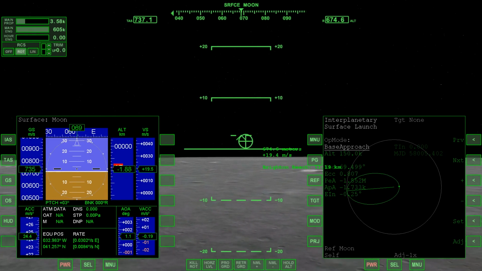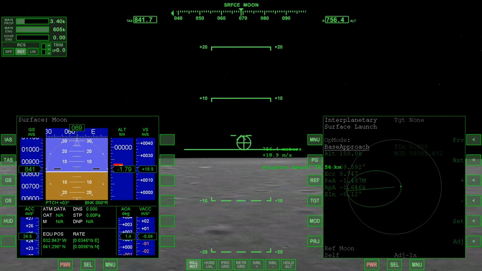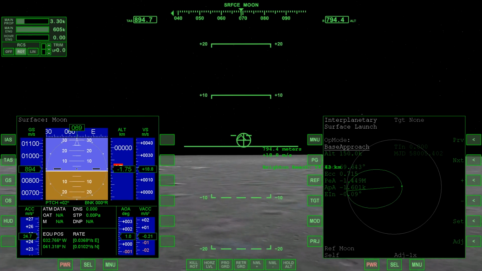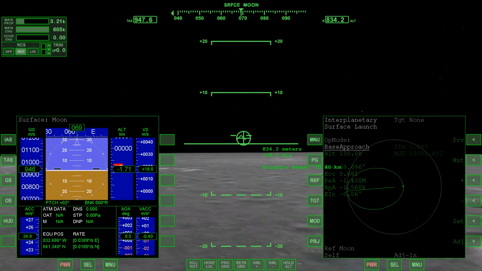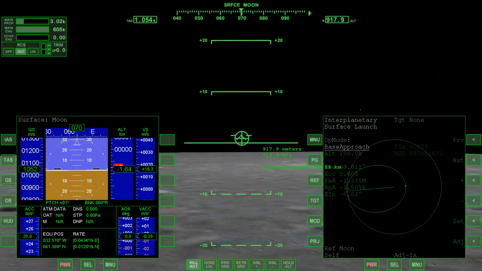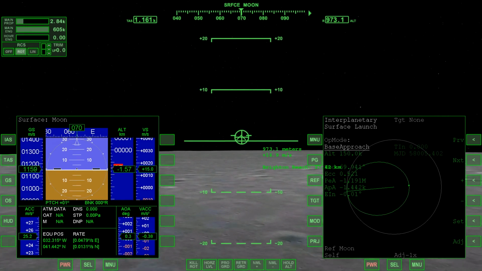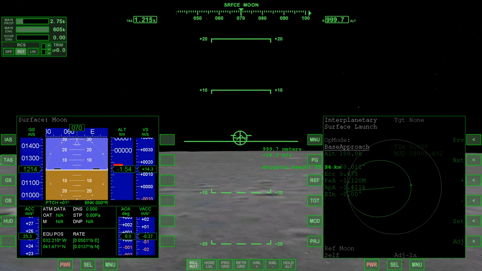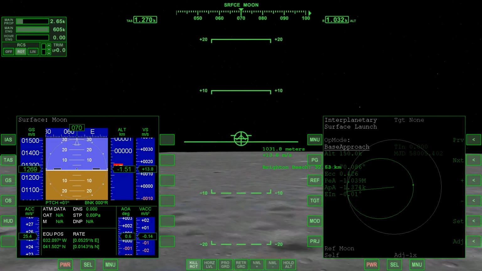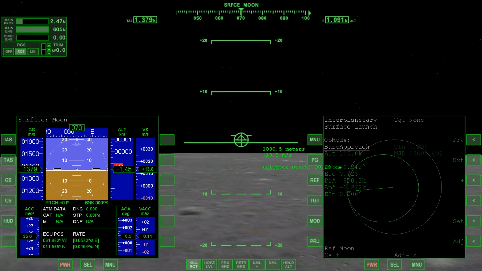That's basically a relative inclination for the parking orbit for our ejection burn back to Earth. So a pretty typical lunar orbit insert here, basically just pointing straight forward and burning the engines. Of course, the difference between Orbiter 2010 and 2016 is we actually have terrain, so we do have to concern ourselves a little bit about mountains appearing in front of us, but I think we'll be okay.